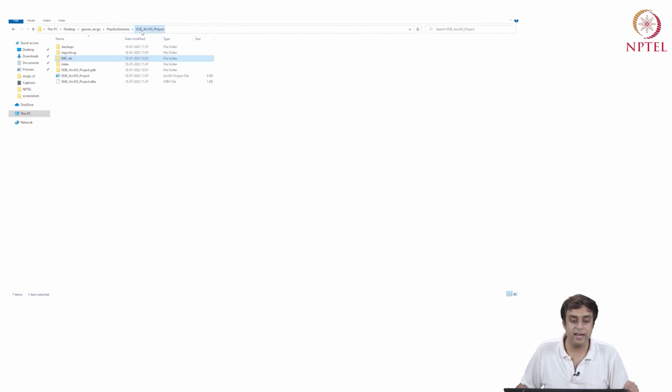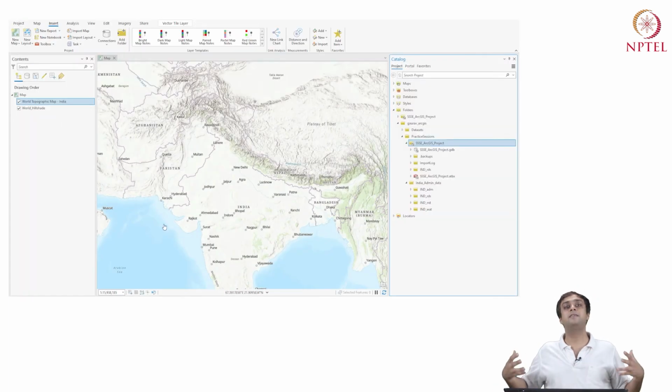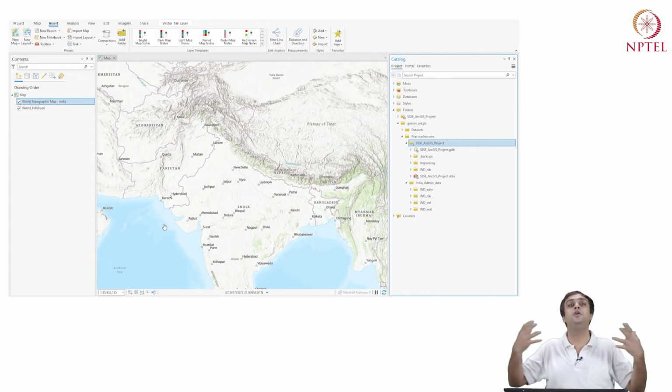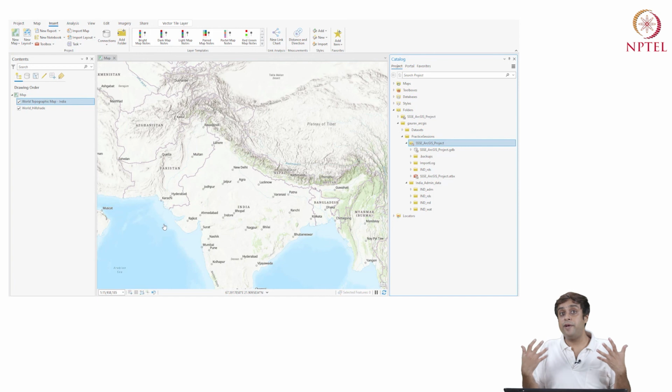So it's a very useful tool, it's like an ArcGIS Windows Explorer integrated into ArcGIS. It becomes very, very useful when we are actually working with imagery data, which we will start to do in the next session of ArcGIS.